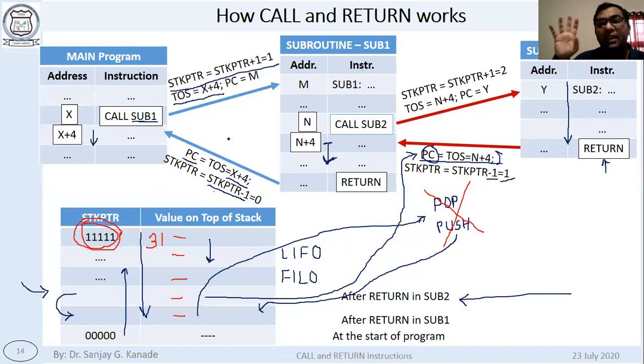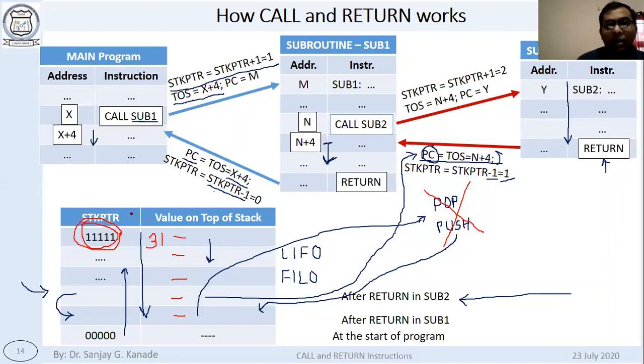So totally 31 times we can use the stack, because from 0 it has become 1, 2, 3, up to 31. And when we try to write something again onto the stack, there was one bit in the stack pointer register. If you have noted, STKFUL, stack full, it will indicate the stack is full and you cannot use the stack now. That error will come back. Okay, maximum you can have 31 calls.